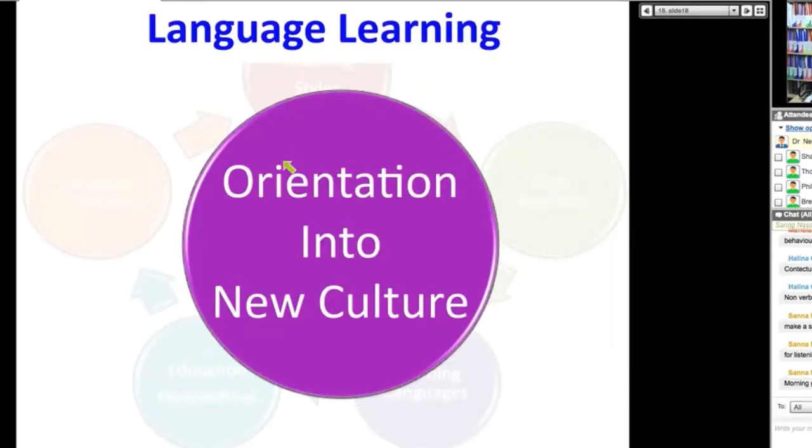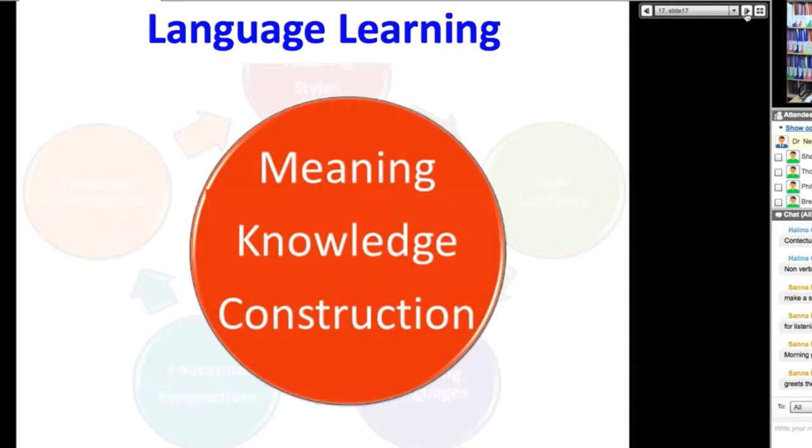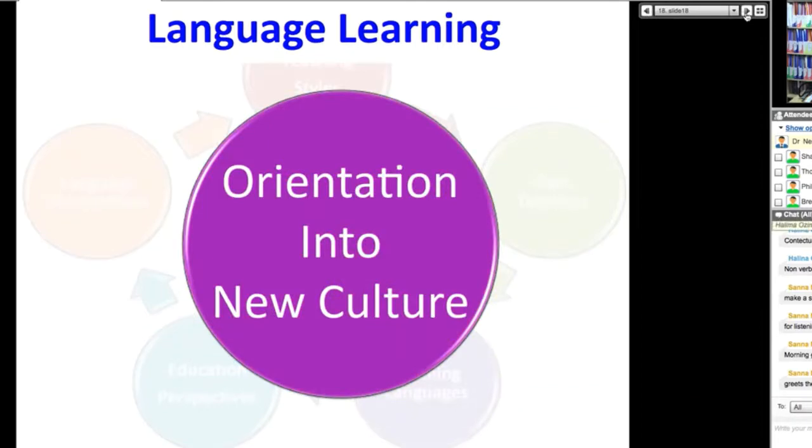And then there is the final one, which is acculturation. What is acculturation? Okay, this is John Schumann's. John Schumann's idea was that you learn not a foreign language necessarily, but a second language. When you go to a country, that's where you learn the language. And the reason you learn the language is that you want to be part of the culture. And you know what? This might be a foreign language reason.